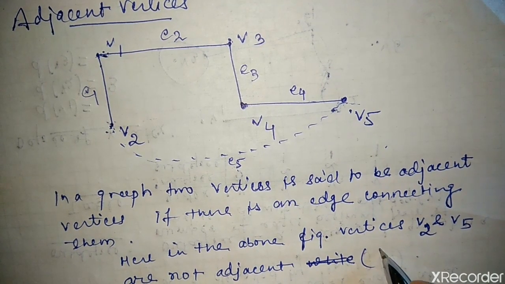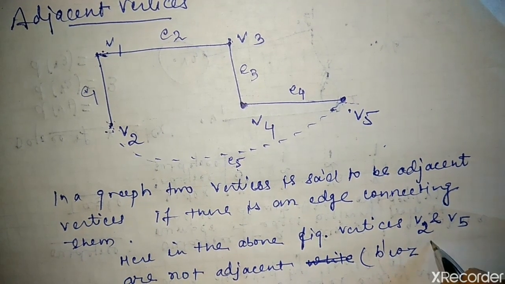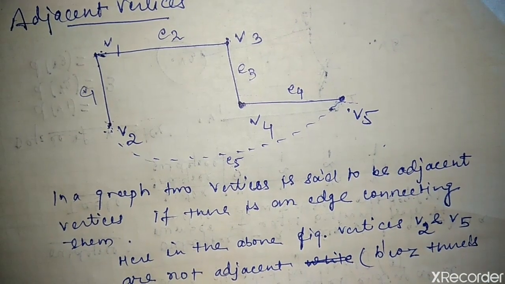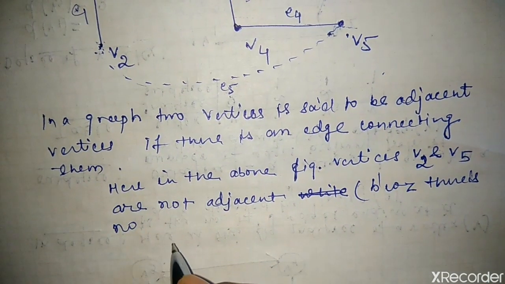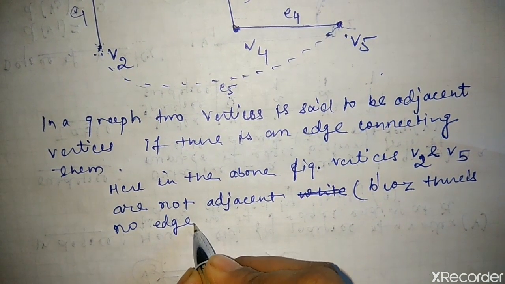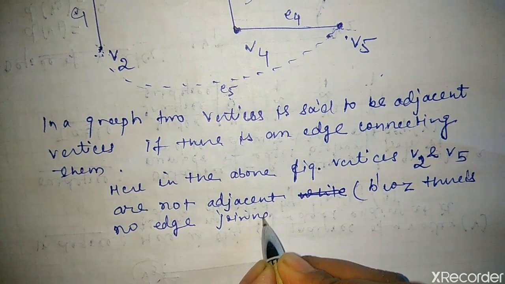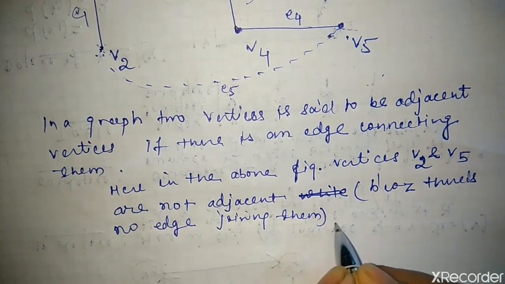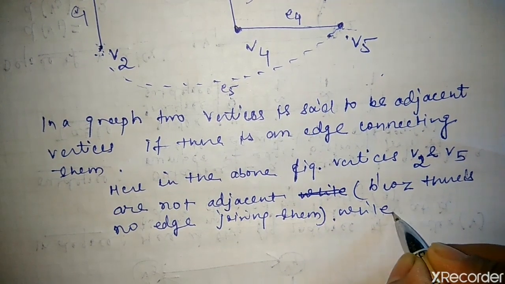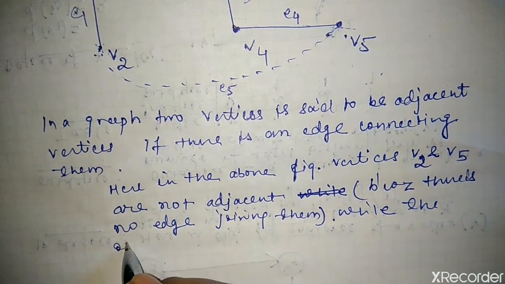Why? Because there is no edge joining them. Okay, while the other vertices V1, V2,